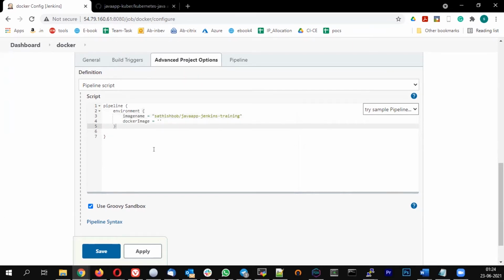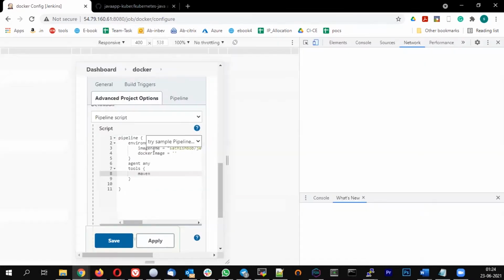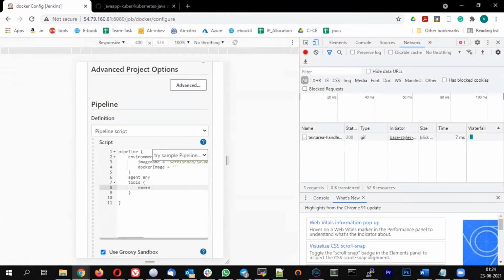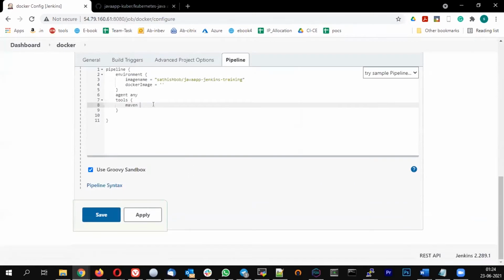Environment, and then let me define agent, tools, even Docker tool, Docker. Then